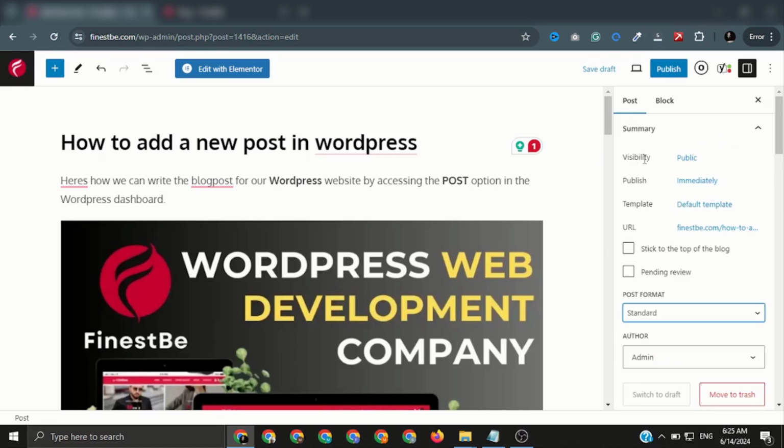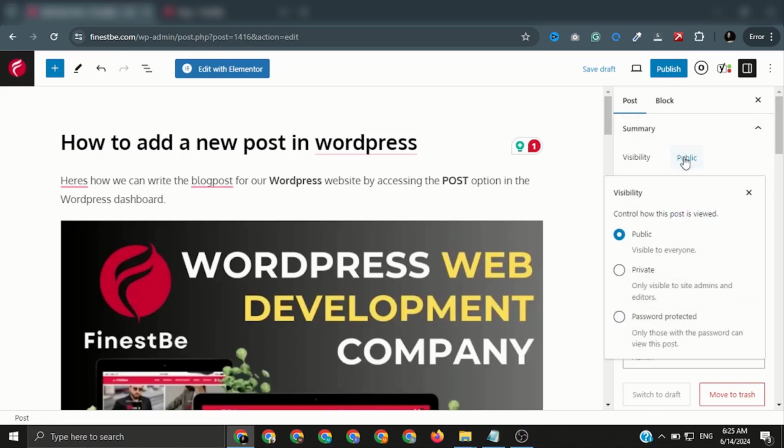As you can see, visibility is public, but I have not published it yet. I don't know why it is displaying visibility public. Sorry, I have just saved it as a draft but didn't publish it, but it is controllable.